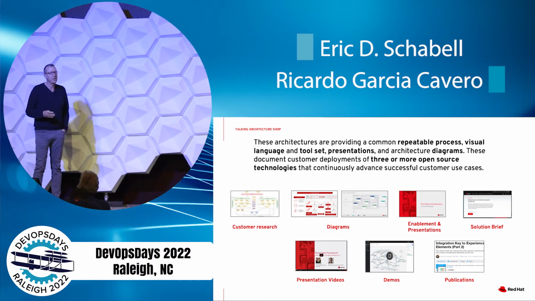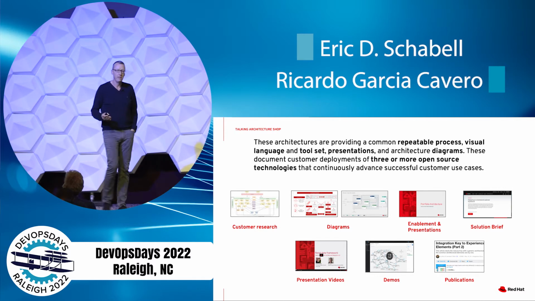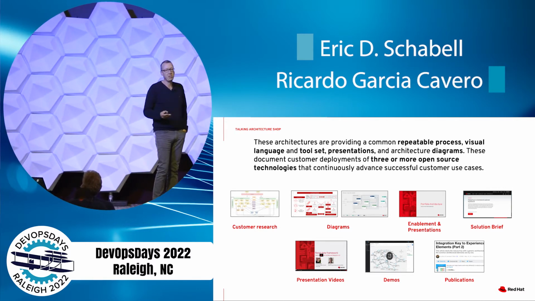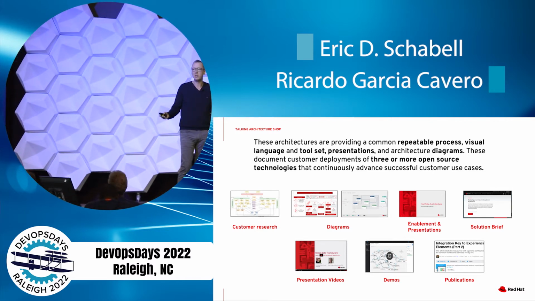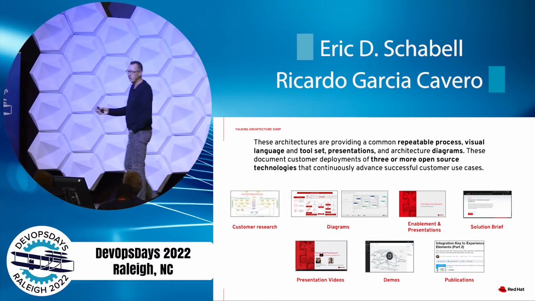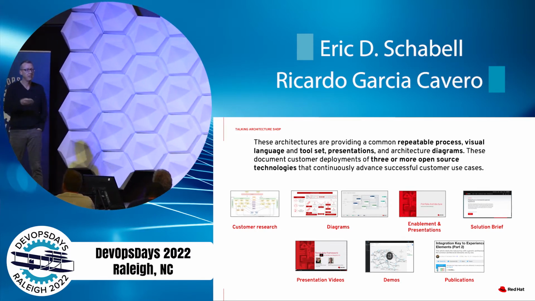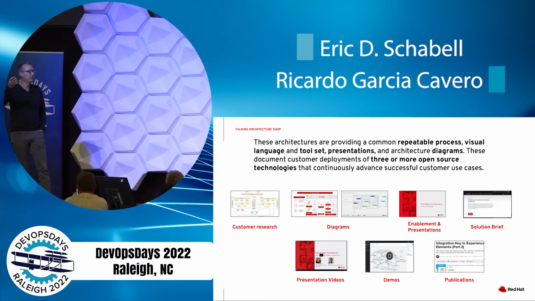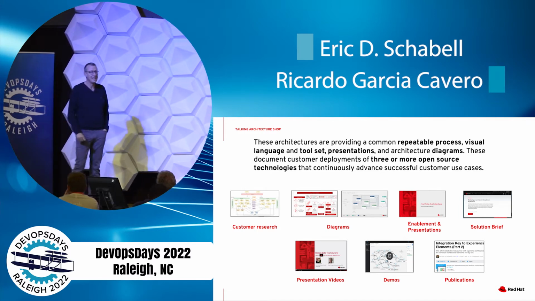So we stepped back and we said, hey, what if we looked at 2 to 3 customers, researched it for a certain use case, and then put together an architecture? Now there's a problem here. It's not a public reference, so I can't look at your stuff, replicate it, and share it with you, right? So let's get rid of that problem by just saying, let's abstract that up. So I take 3 things that went successful and come out with an abstract storyline, and then how do I represent that? So what we did is we took the customer research and we developed a way to diagram this in a non-official